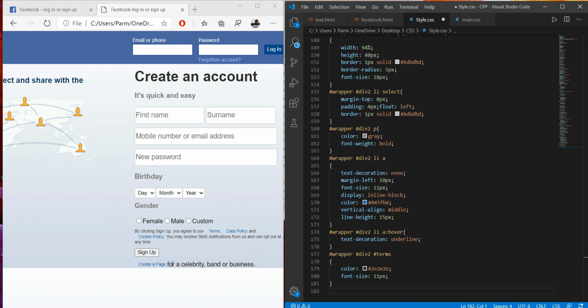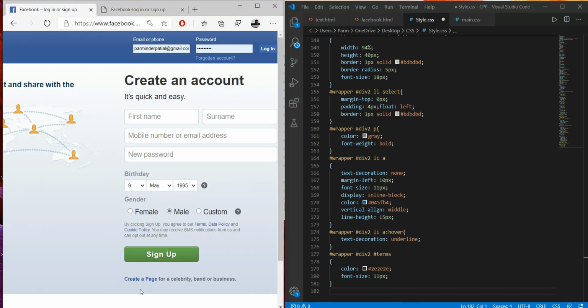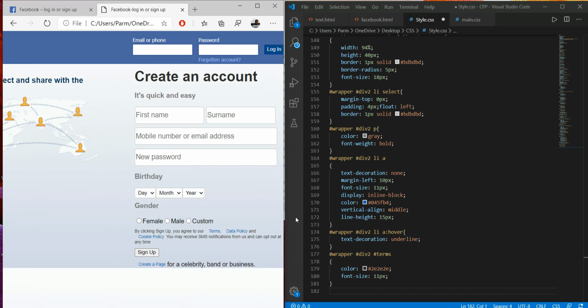If we see, we have to make it bold, look like this, create page, and this color, and make it bold. So for this I'm just going to create another ID over here. Before that I just have to design for the button.